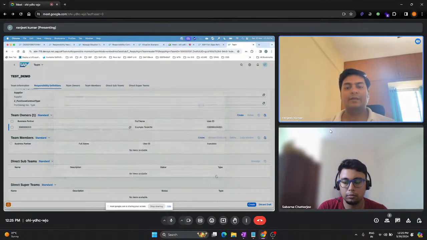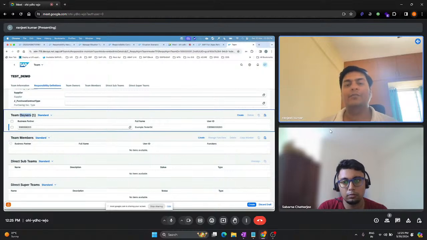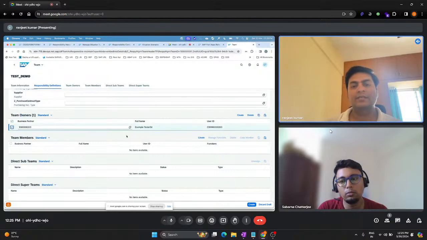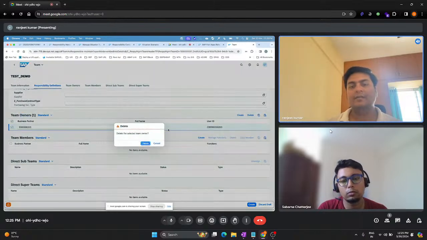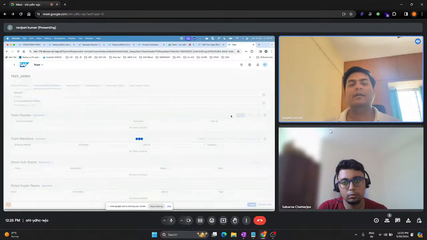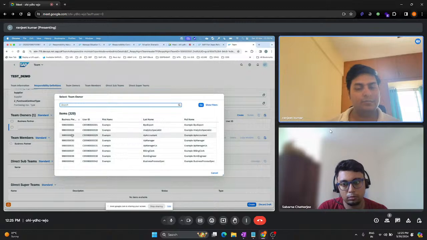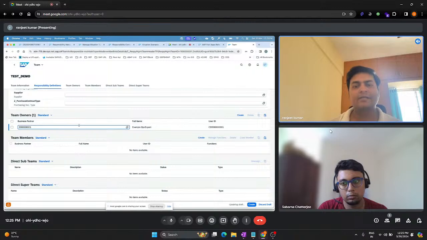So if I click on the create button on the list page, this team owner gets added, meaning the login user will be added as a team owner by default. But it's not necessary. You see here, I can delete it, and you think, okay, you are just creating a team on behalf of your business process, or you had a discussion that somebody else should be the business owner, so I can add anybody who is an expert as a team owner.